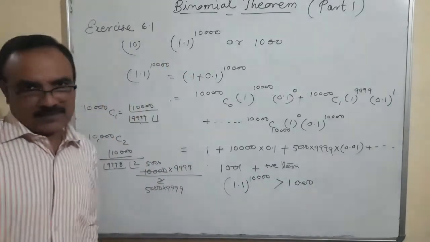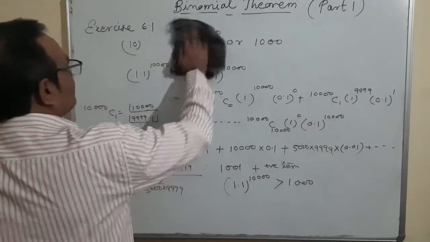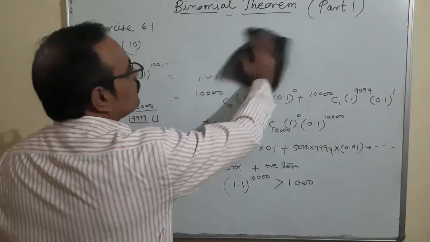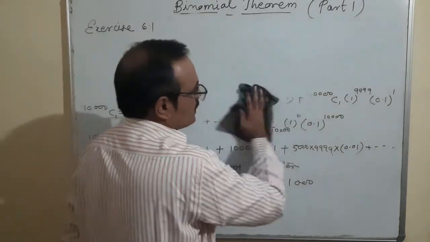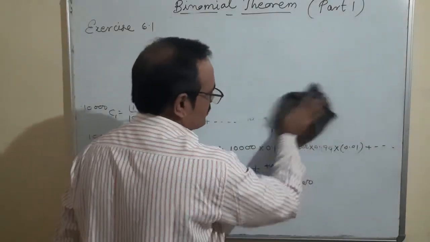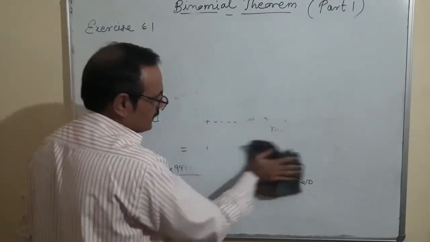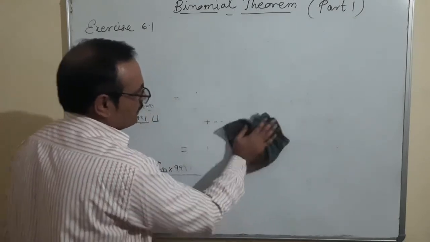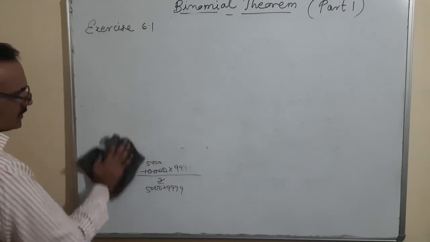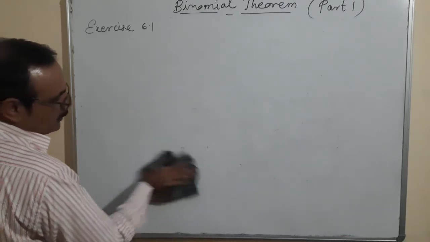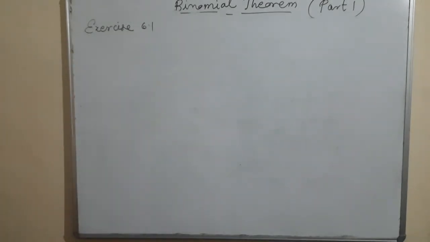So that is the question. It's a very interesting question. From the first two terms, you can conclude that the value will definitely be greater than 1,000, because other terms are coming in the form of positive, and if positive value is added to a positive value, definitely the overall value will increase, it will never decrease. So it is confirmed that if the sum of two terms is more than 1,000, when we add the other terms, the value is definitely more than 1,000.